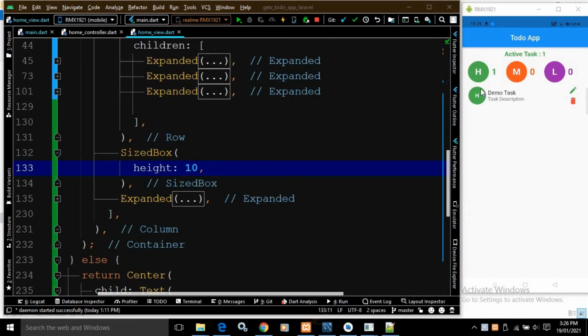and to display that, here I have used a circle avatar. Inside the circle avatar I have used H to specify this is a high priority task. If it is medium priority task, then it will be M. If it is low priority task, then it will be L. As well as the background color for high priority task will be green. For medium priority task, the background color will be deep orange, and for low priority task, the background color will